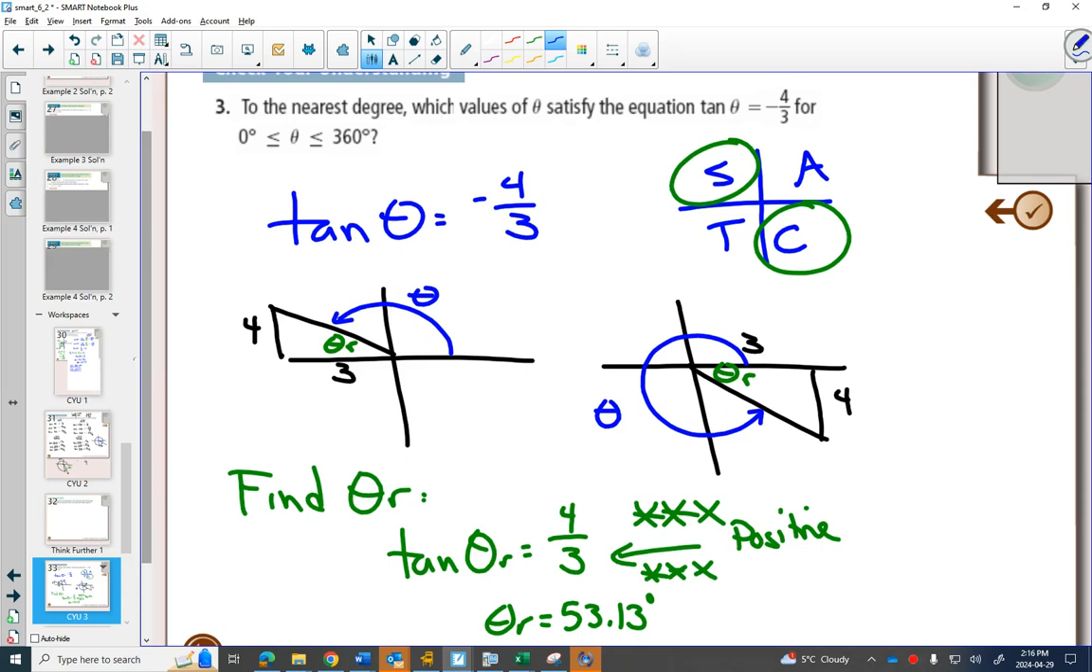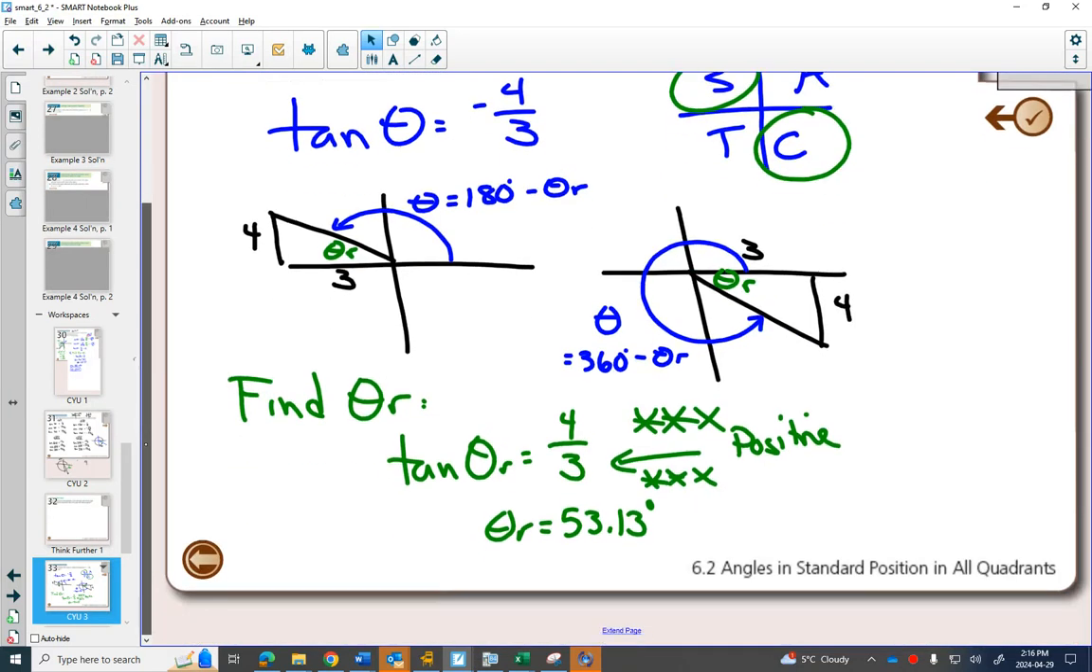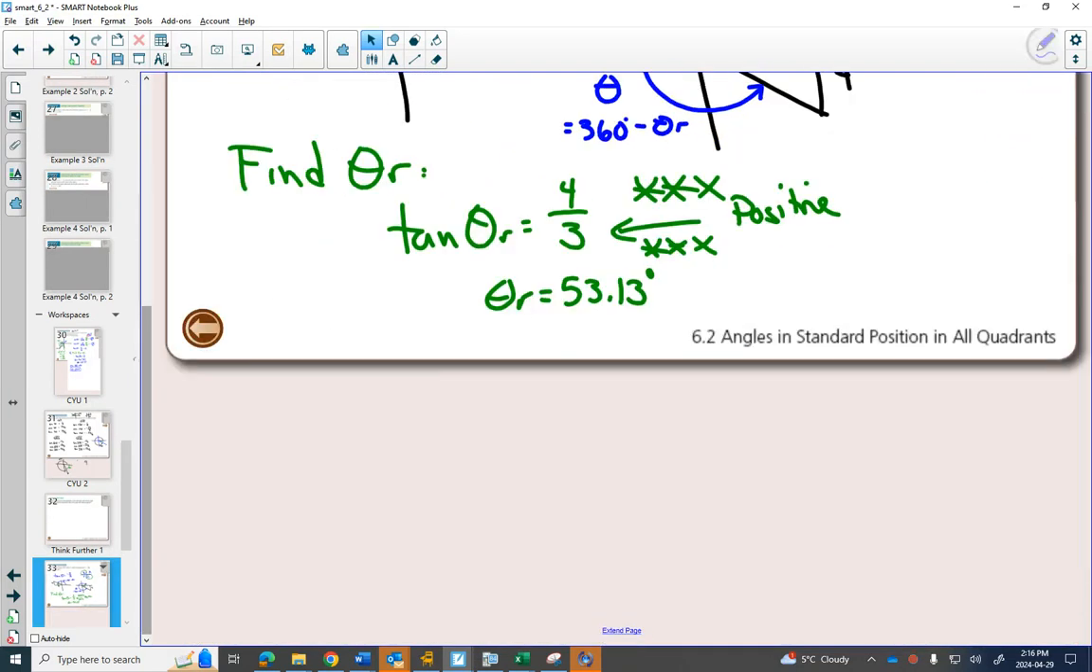For this one, how would I figure out this blue length? I would take 180 degrees, which would be too far, and I would subtract my reference angle. And this one in quadrant 4, I would take 360 degrees, which would be too far, and subtract my reference angle. So what often happens in a question like this is you have to use your reference angle to figure them out twice. So I'm going to write in blue here, theta equals,